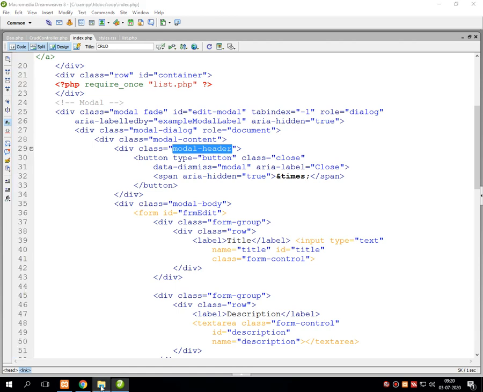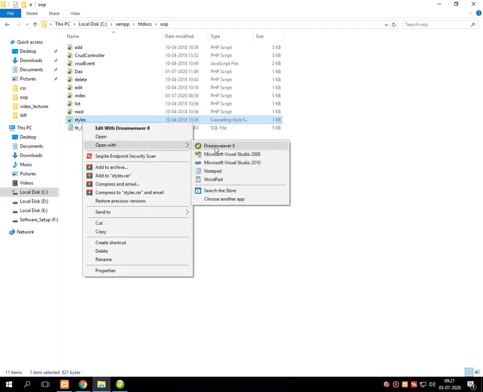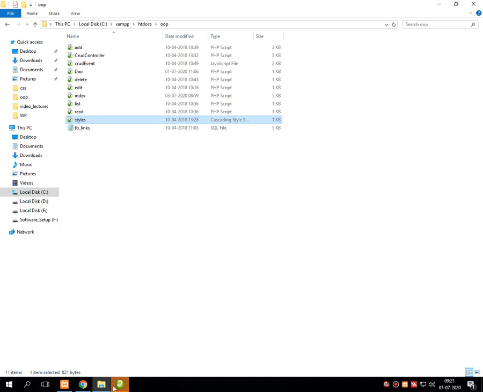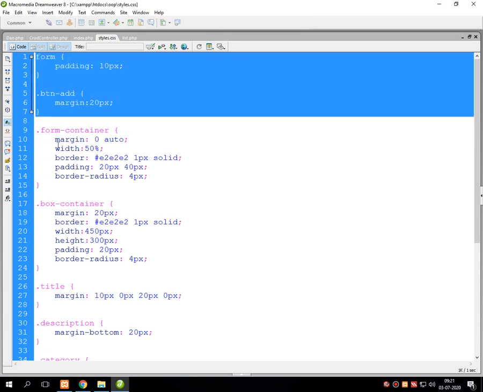Whenever I hand over this particular module in the lab, you will get a file called styles.css. In that style.css, all these classes with their settings have been written. You need to just take a copy of all these classes and their settings in your programs. No need to remember this.